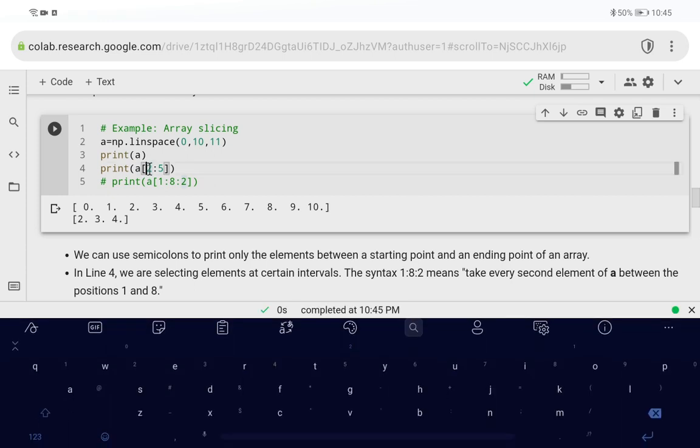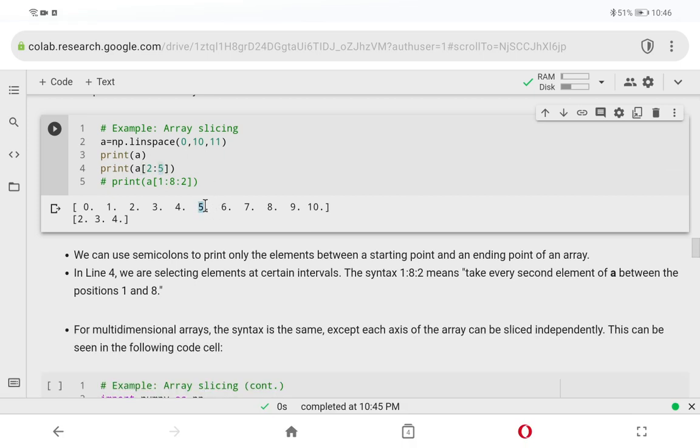So you can see here, if it's 2:5, it means it starts with 2, 3, 4, but when you specify 5, it's supposed to end with 5, but it only shows the number before the ending. Which is why, when we slice the array 2:5, it only shows you 2, 3, 4. So say I want to change the slicing to show us the numbers between 4 and 8,